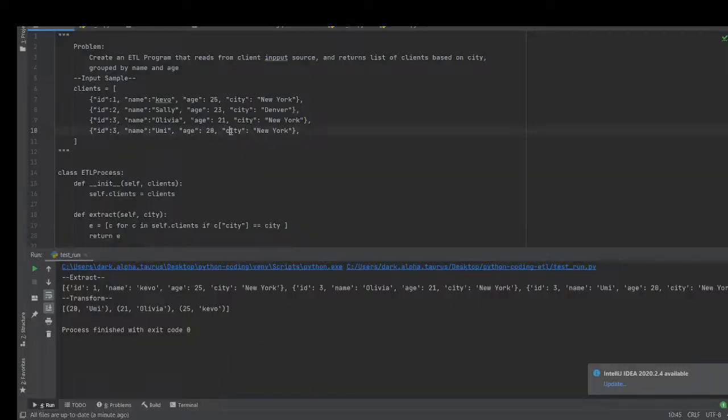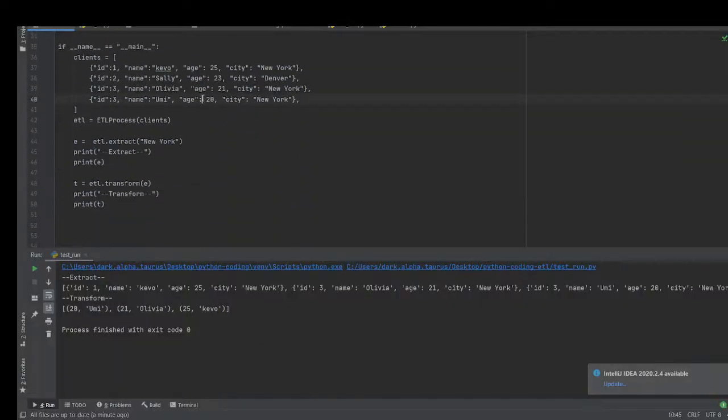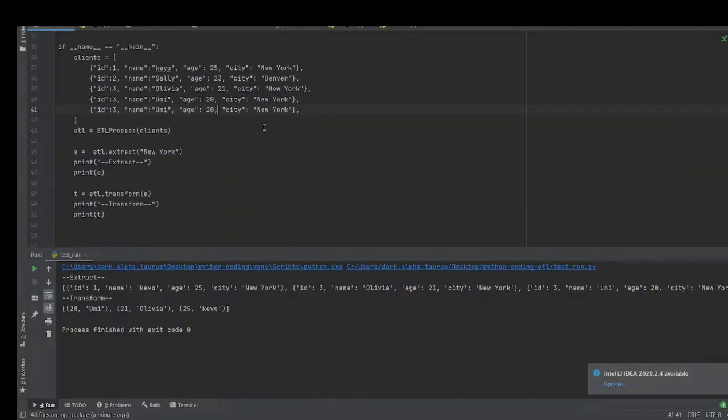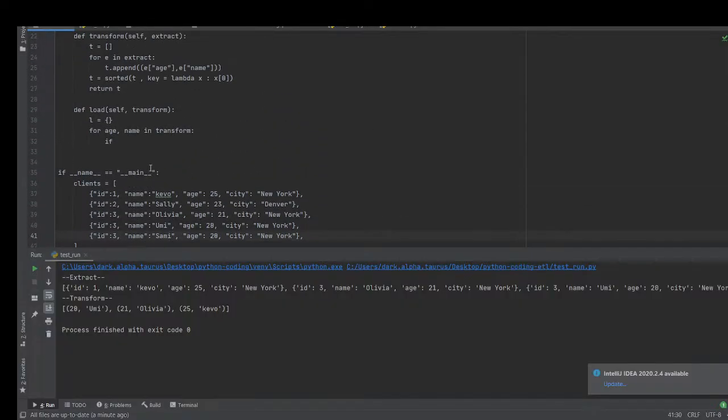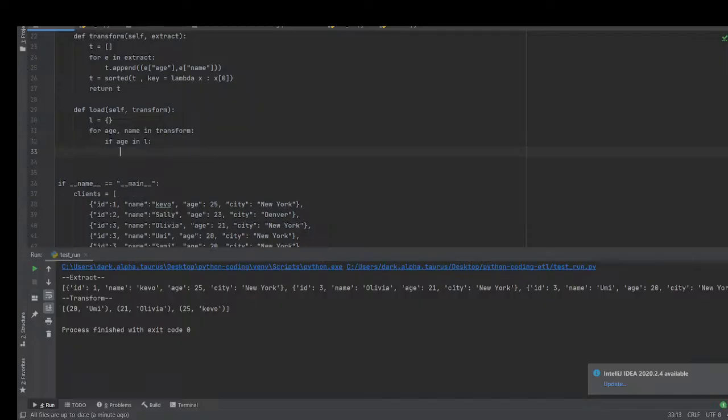If multiple people have the same age, they need to be paired. Let me just create another one. Umi is called Sam. Just so we can see if it's actually pairing together. So we say if age in L, which is our dictionary for the clients. Then we want to say